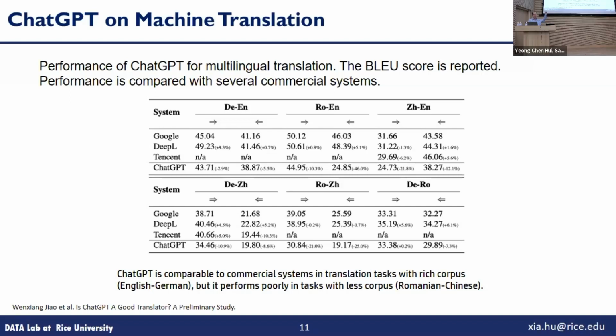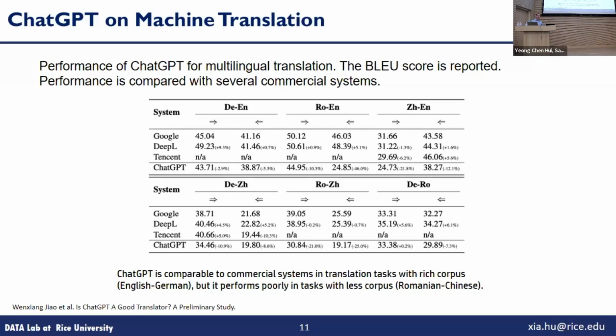For example, from German to English, Romanian to English, Chinese to English, and so on. From this set of results, we compare according to what is called a BLEU metric, which measures how much overlap there is between the outputted result and the gold standard labeled by people. From this result, we can see ChatGPT is comparable to commercial systems in translation tasks with